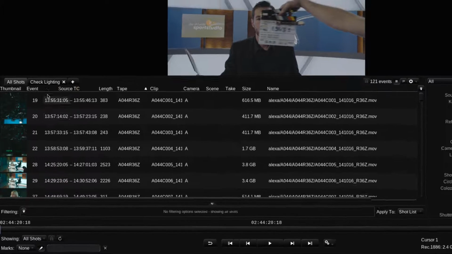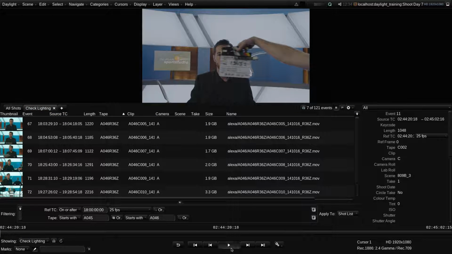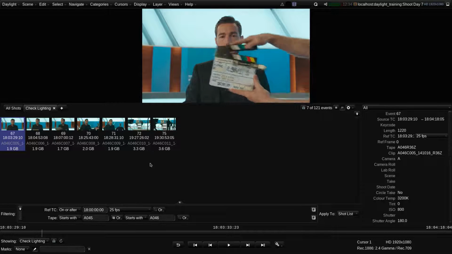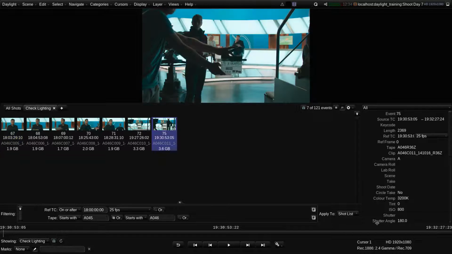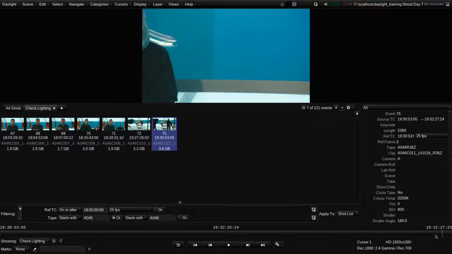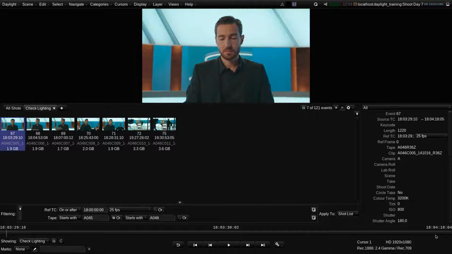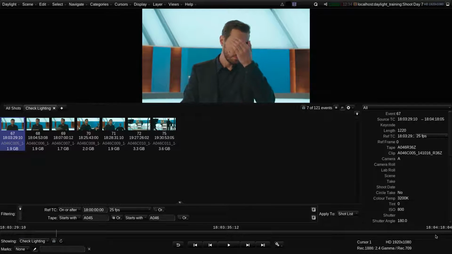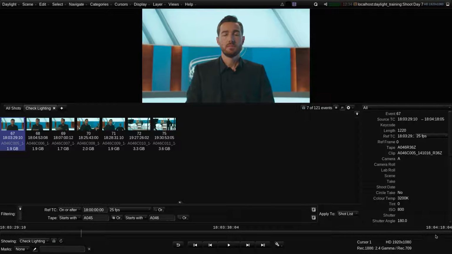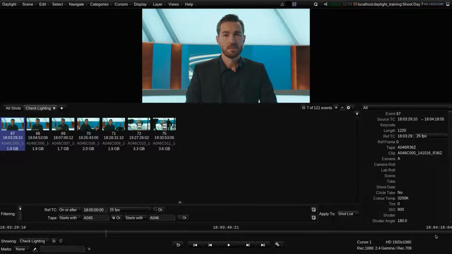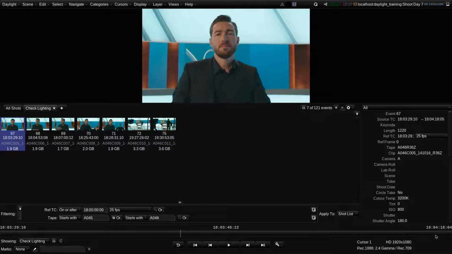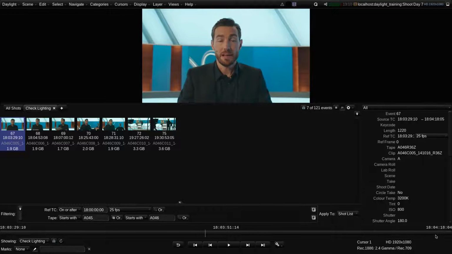Now if I click on the new filter I created and press play, you will notice that playback only includes the shots currently visible in the filtered shots view. With a combination of filtering and sorting using the metadata columns, it's possible to play back specific shots in a certain order, which can be very useful when viewing various different takes of different scenes, for example. Okay, now I'll just create a few more filters to separate out the shots from each camera, as this will come in handy when we do a bit of grading later on.